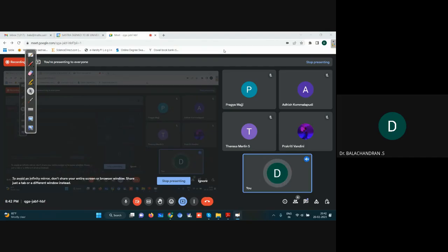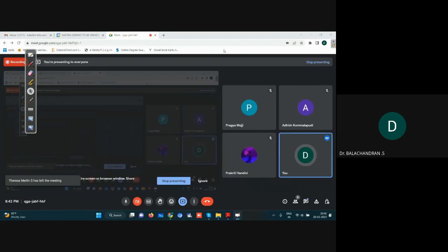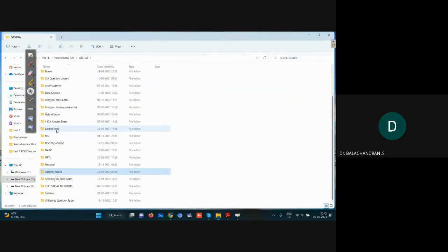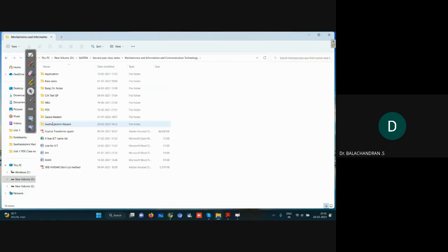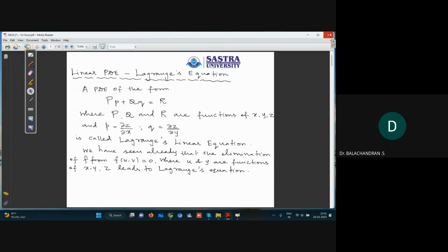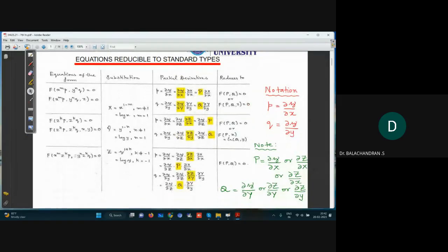Now suddenly I put divide by z square, divide by z. So if you have the equation, for example, if you have p, q, x, y, z all present, then that reduces to either type 1 or type 3. I will take out that table, it will be easy for you to understand. Okay, this is the table. For example, if you have x, p, y, q, z all present,